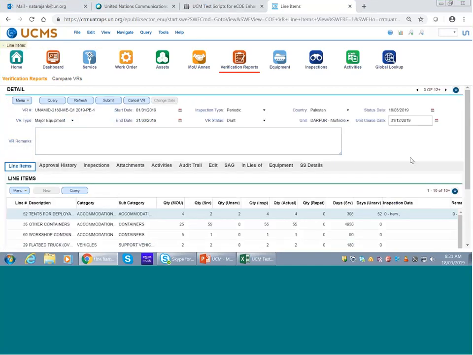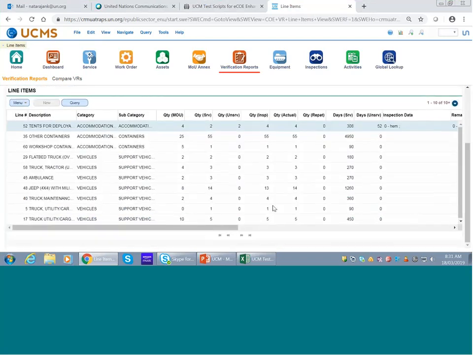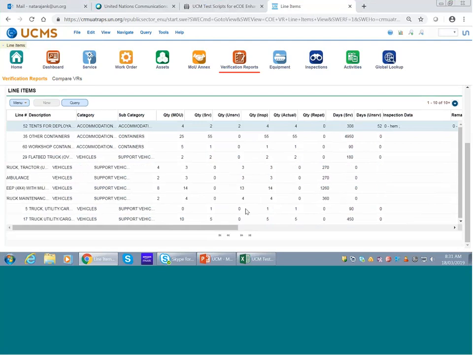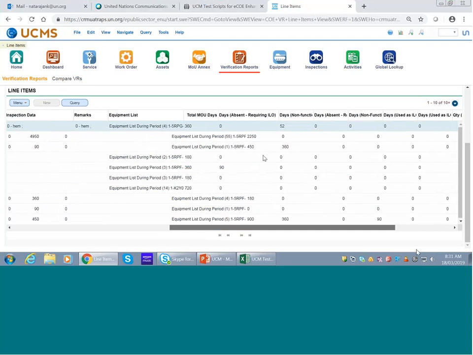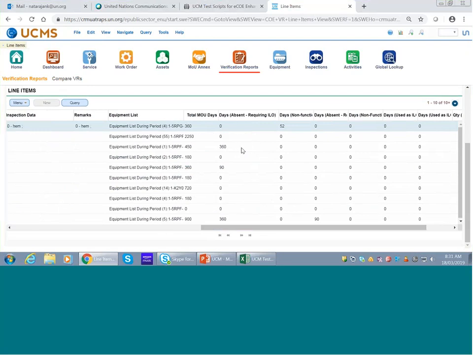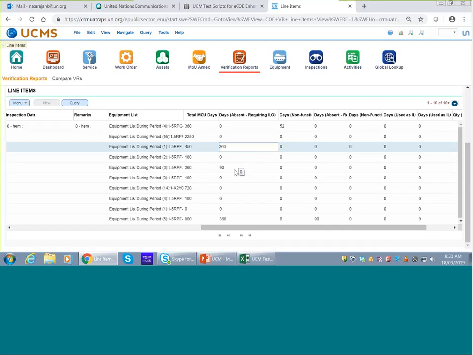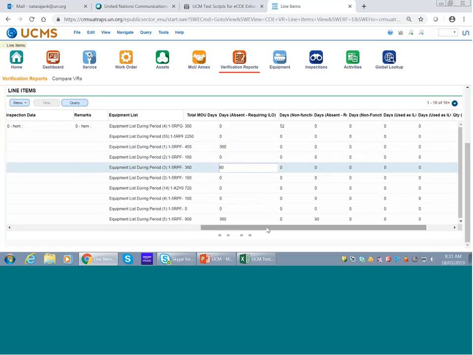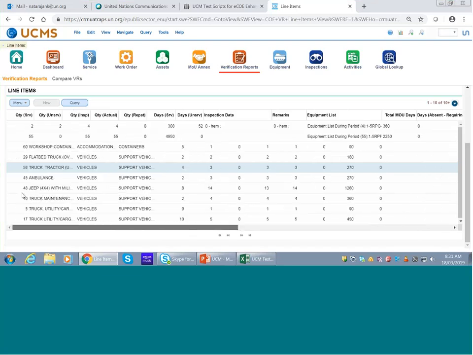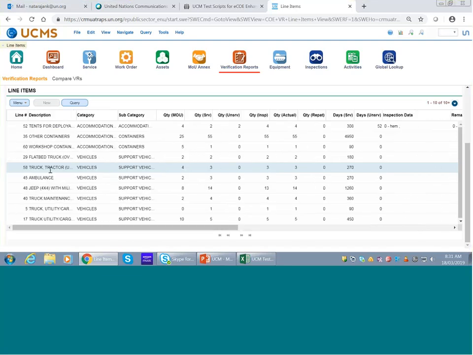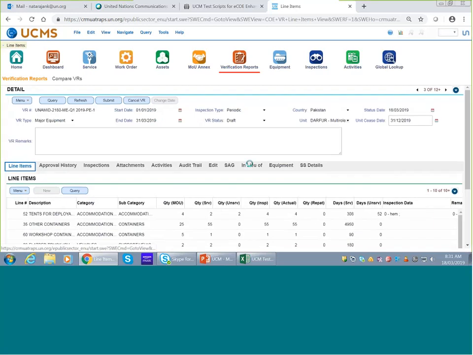the major equipment. If you look at the line items here, you would see the list of all line items that have days absent and require ILO. This is the way you could see if there is any equipment missing as part of this line item, by highlighting these records. If you look at this line item, truck tractor, once you highlight this truck tractor and click on in lieu of,